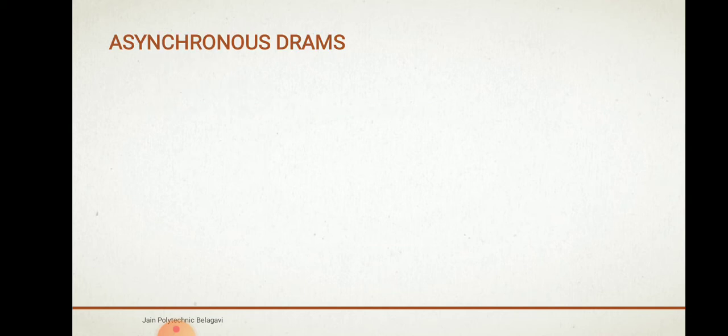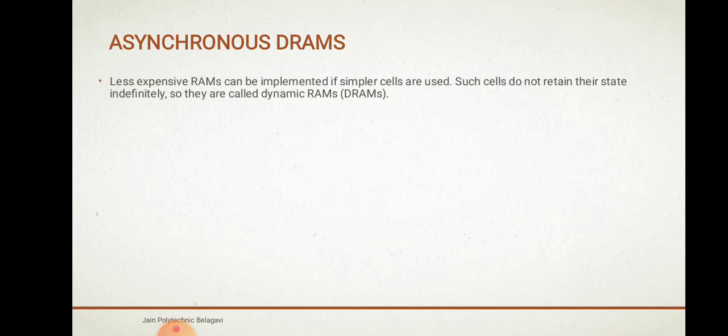Now let us go through what asynchronous DRAMs are. In the last lecture we have studied static RAMs. Now what are asynchronous DRAMs? Less expensive RAMs can be implemented if simpler cells are used. Such cells do not retain their state indefinitely. Such cells are called dynamic RAMs. So as we have studied in the previous lecture,